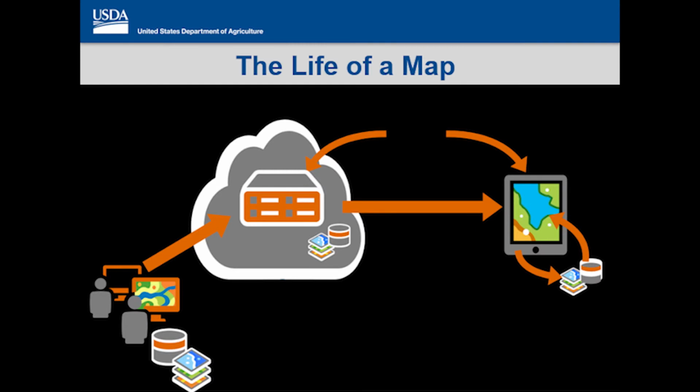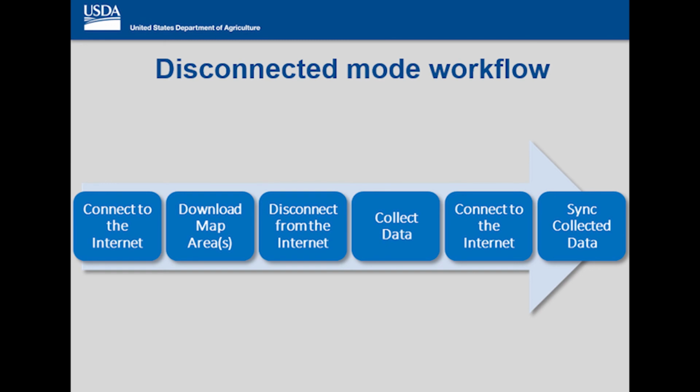Remember this graphic with the life of a map? Starts with a desktop application and a GIS specialist or professional creating a map and then hosting it in the Esri cloud, in our case the APHIS GIS Portal, which is then accessed from your device by way of either live access while connected to Wi-Fi or while disconnected if you've downloaded an offline map, which brings us to the disconnected mode workflow. Remember this? You start by connecting to the internet, downloading a map area, disconnecting from the internet to go collect data in the field, and then at the end of the day, reconnect back to a strong Wi-Fi signal and synchronize that data